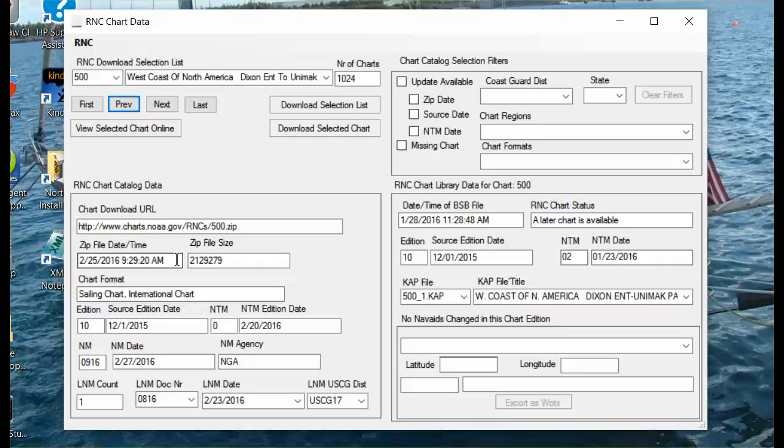Below that is the date time that that zip file was created and put out on the NOAA server. Below that's additional information that is included within the chart catalog on this file. On the right side of the form is comparable information on the chart on my PC. So this file, the chart number 500, which covers the west coast of North America, on my file is identified here. And here is the date time of the principal file associated with the RNC chart, which is the BSB